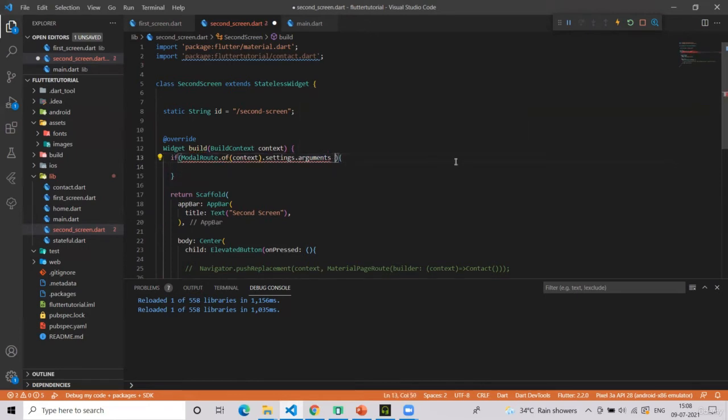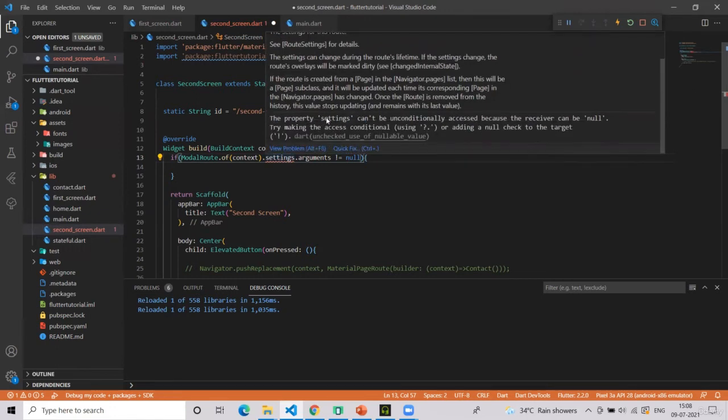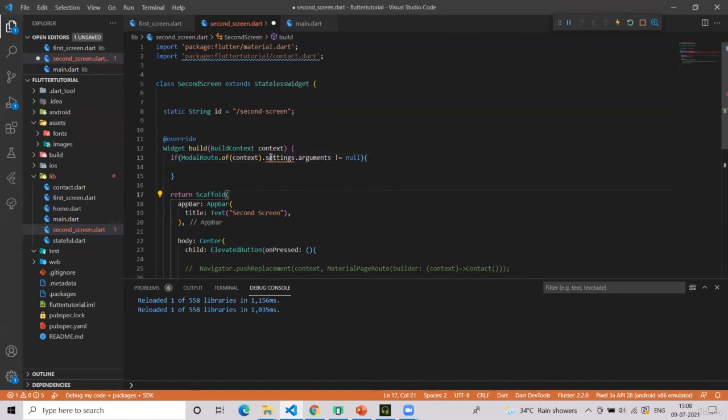Is not equal to null, and here this will show some red thing because it cannot be unconditionally accessed, because obviously this can be null as well. So either we have to use the operator like this, which means it won't be null, or we are allowing it to check. This concept is recently added in the null safety.